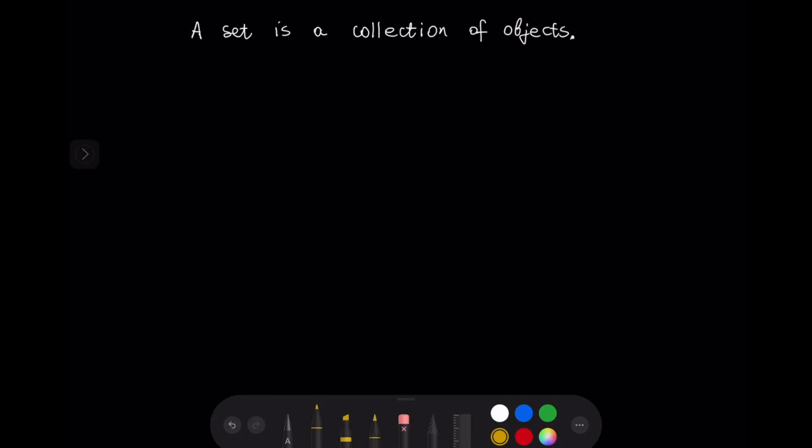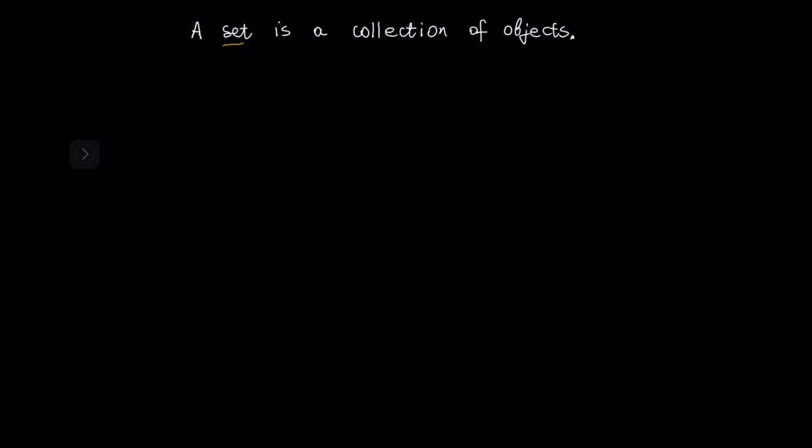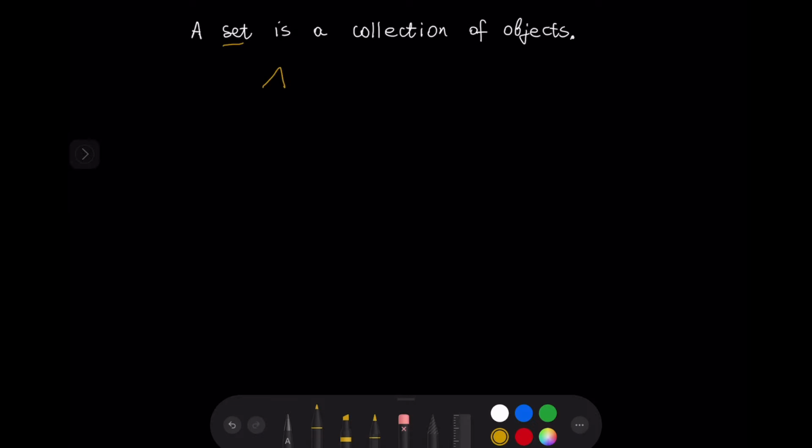So let us recall that a set is a collection of objects. So we can describe sets by listing objects in them. For example, we can have a set with elements A, B, and C. Or we can describe sets by using set builder notation by stating the properties that all of the elements of